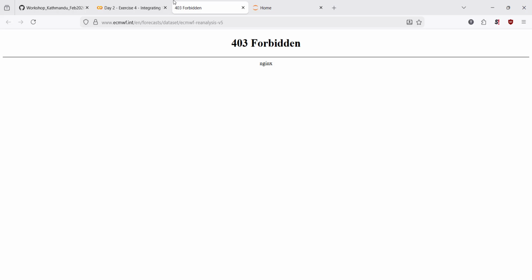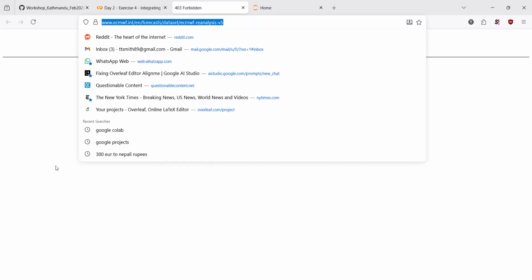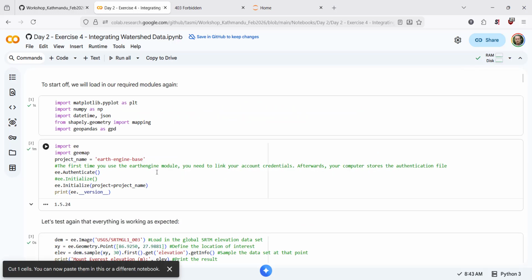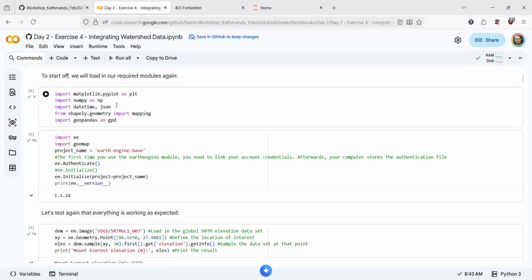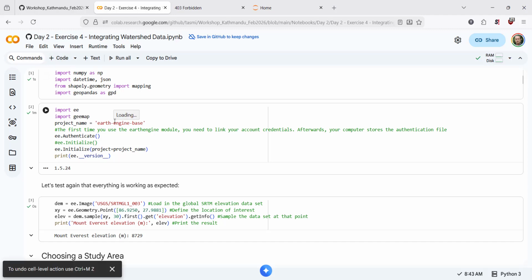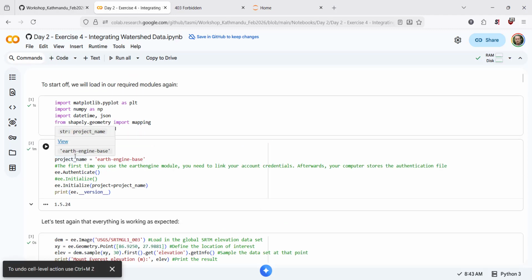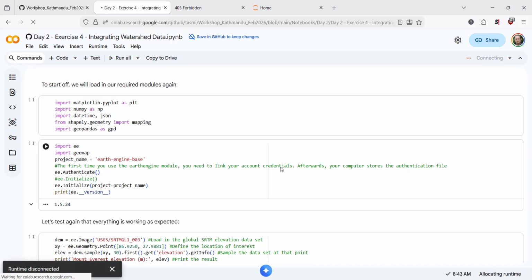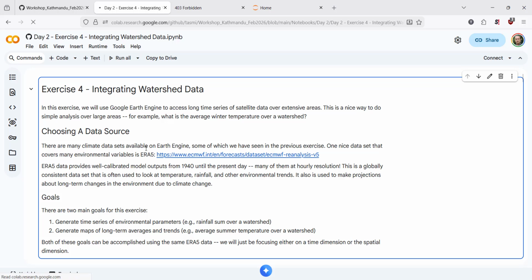So we are going to go back to this ERA5 data. Oh, maybe we can't see the actual data set here. I will go update this link in this GitHub later. Let's just reload this. There, it's back. So the ERA5 data,